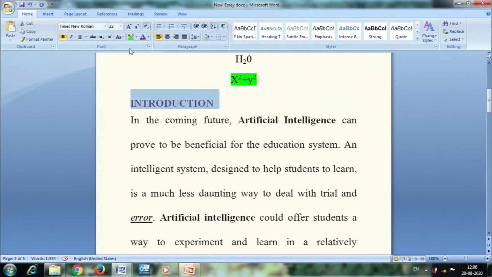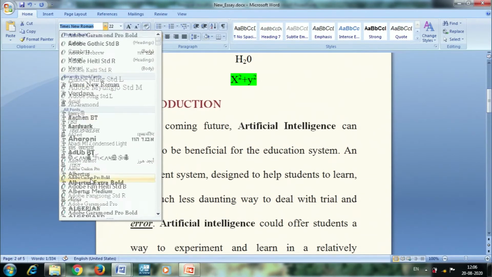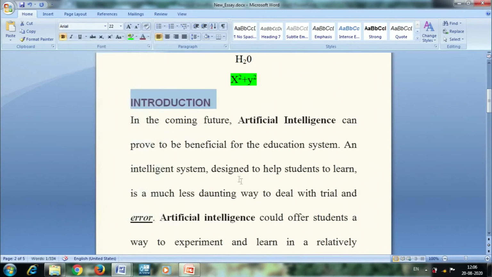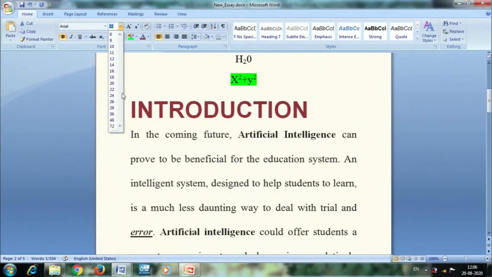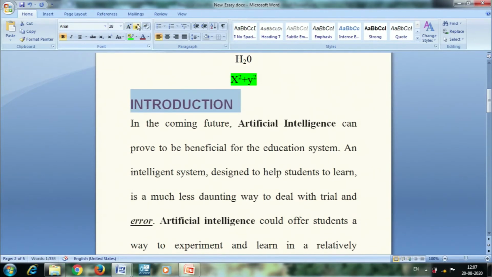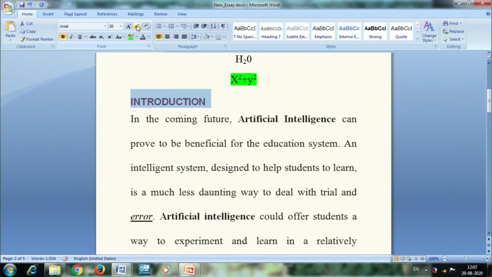And if I want to modify the style of my font, it is Times New Roman I have used. If I want to use other fonts like Arial, then I can choose the font. So here you can see the font also got changed. You can make your content a little bit bigger by changing the font size. A list of different font sizes is available. We can choose the one which we need, or you can also use options like grow font. If I select this, my font will be increased. This is shrink font. If I select this option, my font size will be reduced.